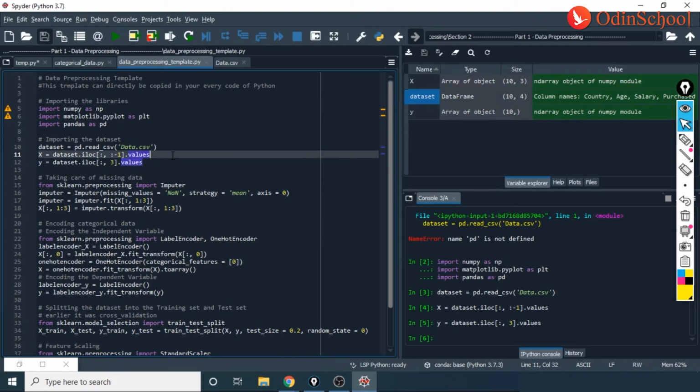So now that it is done, and now that we have understood how to read the x and y variables or values and how they depend, let us go to the first and topmost of our concerns. Now that we've imported the data set, the second step would be to take care of the missing values. And in order to take care of missing values, you have a very dedicated library, guys,